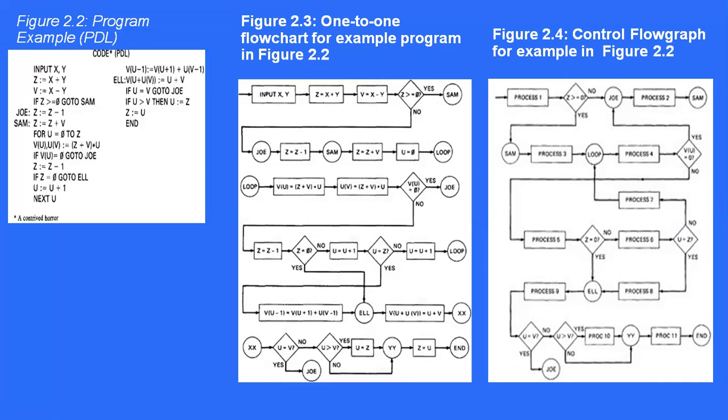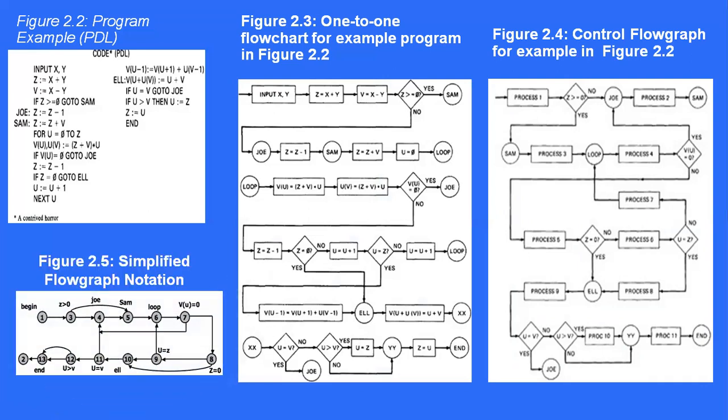But even this particular flow graph representation is still too busy. So we can simplify this notation further to get the flow chart like this. Here we can clearly see how the control flow is going to look. So the flow graph can be represented like this, or like this, or we can write a much simpler version of the flow graph for the same program.